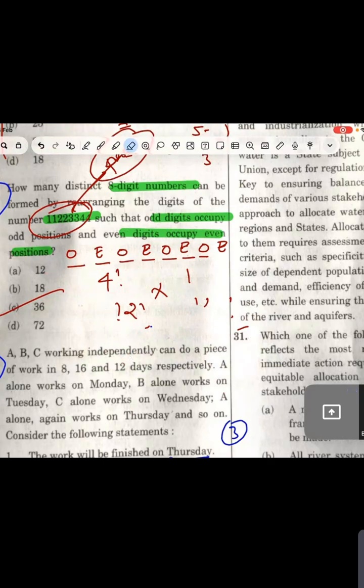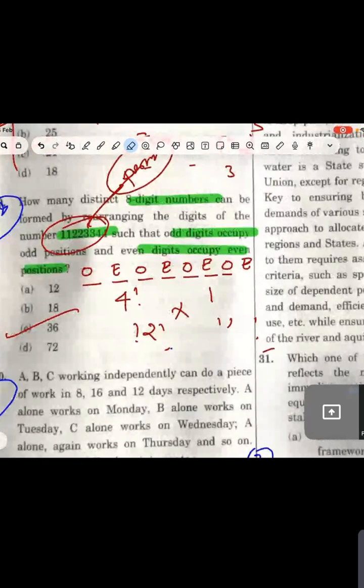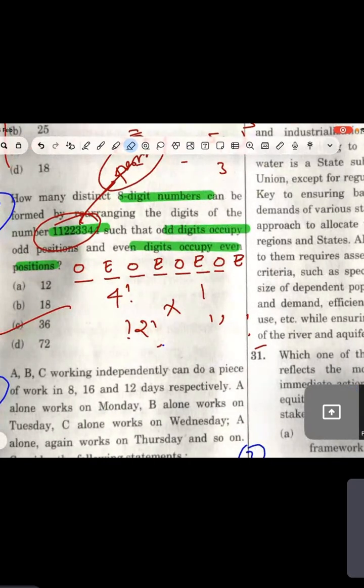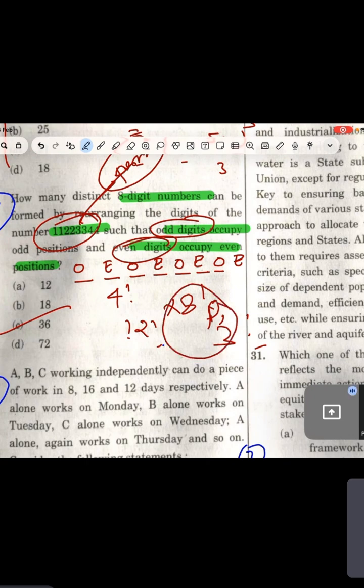One more, Priya. Why don't you put here 8C4 like this? Because see, the number, eight spaces are there, and you have to arrange in the manner of 4 4. They are saying separately how many odd digits and how many even digits, right? If they would have asked how many ways these 8 numbers can be arranged, then you would put 8P3 like that. They are saying 8C4, odd digits separately and even digits separately. So basically, good question you have asked.